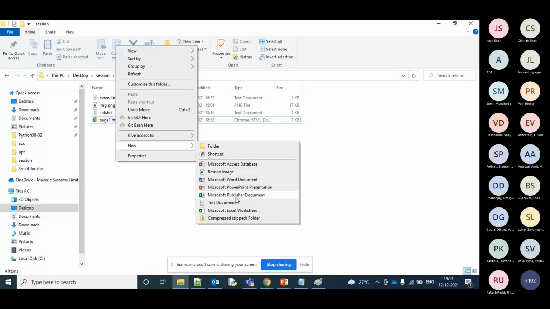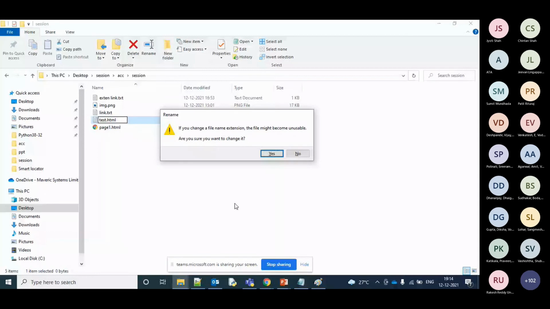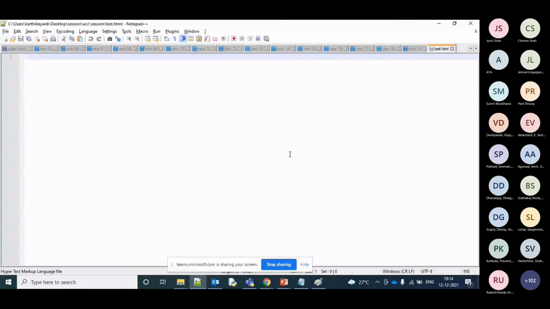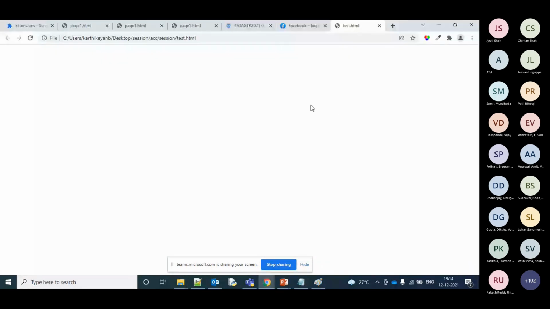You can open Notepad, then File, Create, or rename a file to test.html, and you'll have an HTML page created. Let me open it in Notepad, and let me open it in my browser, so that the accessible screen reading software is also going to work.